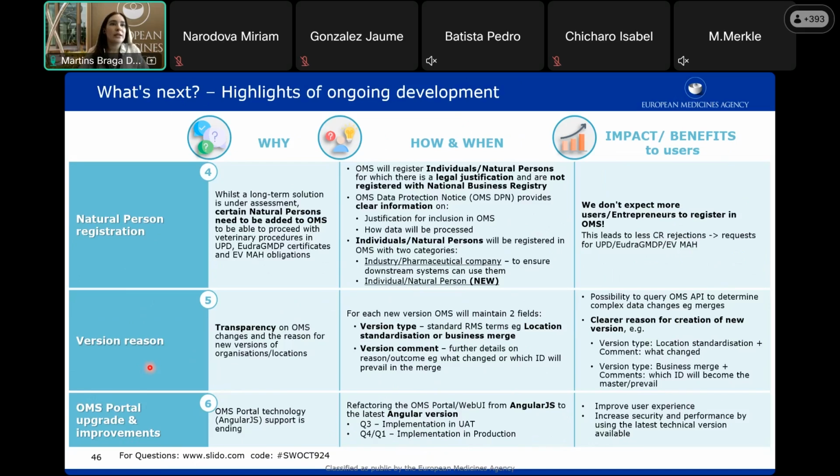Moving on to the version reason. This is a feature that you have probably been hearing about for some time. With this feature, we aim to increase the transparency of OMS changes: what happened, why it is happening. In a nutshell, this will be comprised of, in reality, three fields, but we want to share with the user not only the version type, where we're going to use an